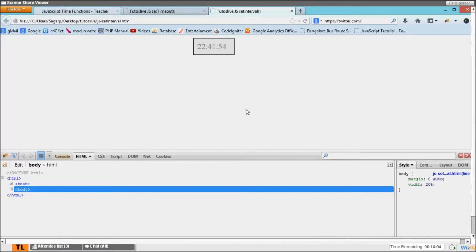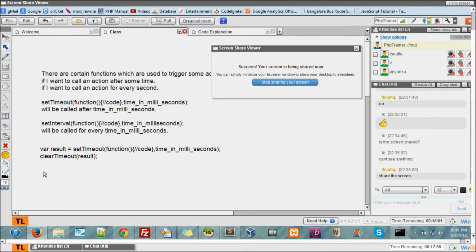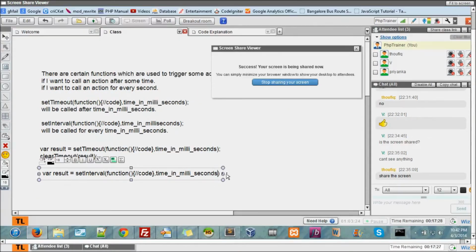Okay, if I really want to stop this, then that function is, again, setInterval returns an integer, setInterval, a function, okay, then some code, alright, and this is time in milliseconds. Alright, time in milliseconds. So this returns a variable, or sorry, a value,